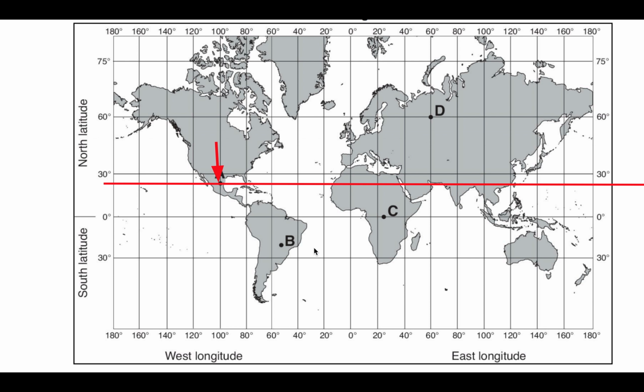So in fact we also need another line. For this one, let's just say we have something like 27 degrees, for example. Now in this case we also need another line. This happens to be on that specific line, which is actually 100 degrees